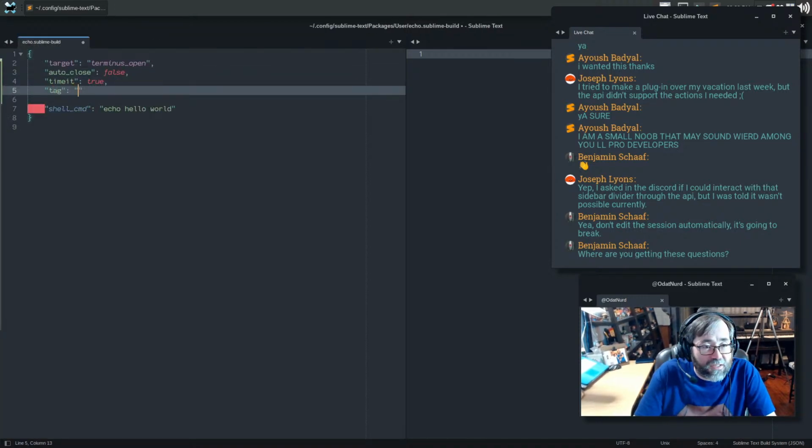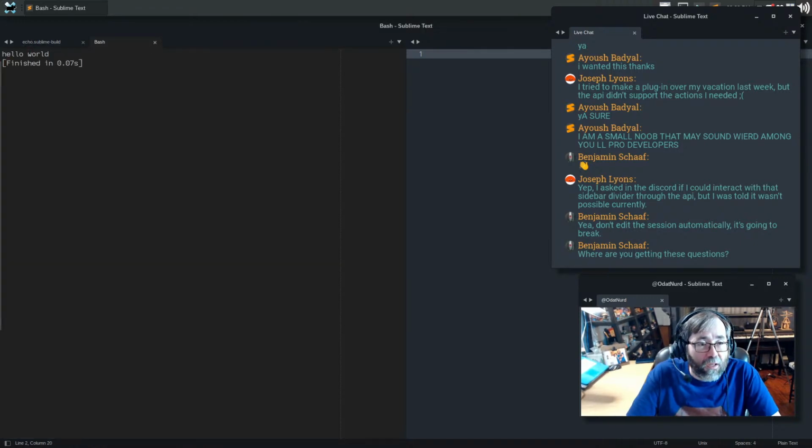We can call this echoer, for example. And now when Terminus creates this particular tab, it's going to give it a tag that represents it. And then every time you do the build, it just reuses the exact same one. That's about 80% of the question that the person had.